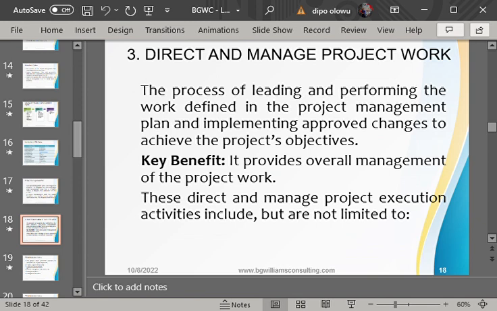But we agreed that the project management plan technically is a combination, or you can use the main language, a subset of different plans. Or we can make it simpler by saying that the project management plan is actually made up of different plans. We used the analogy of the Bible: in the Bible you have different chapters or different books, and those different books put together form the Bible.